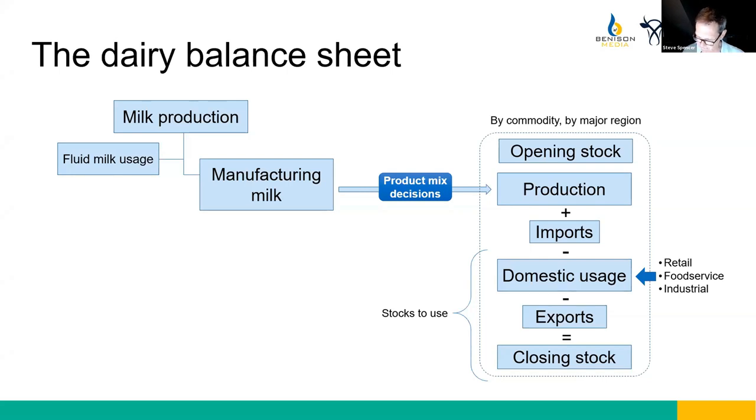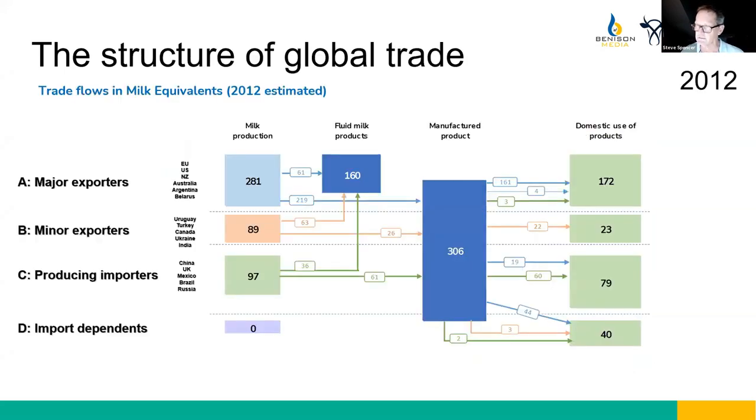One way that we have developed to look at this from a high level is to consider the different types of supply chains through that global market. We have major exporters, and you can see I've identified who they are there and how much milk production comes through those supply chains.